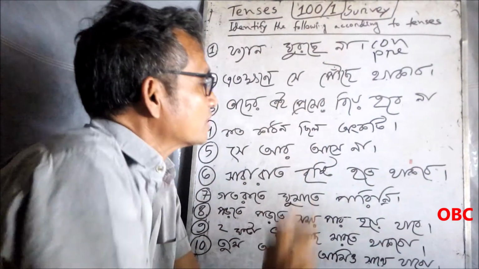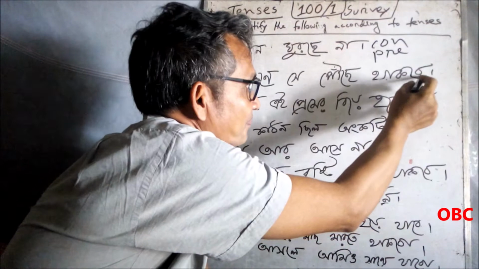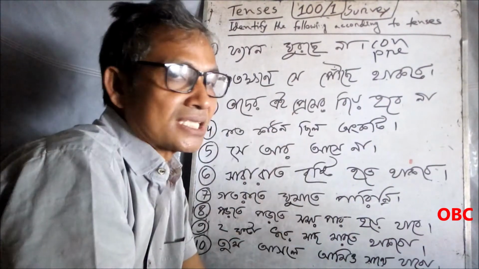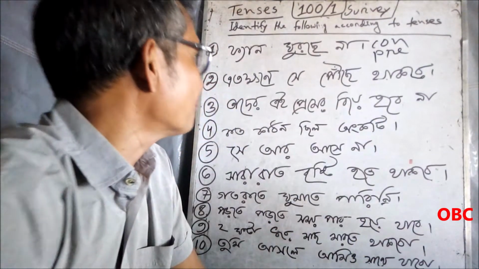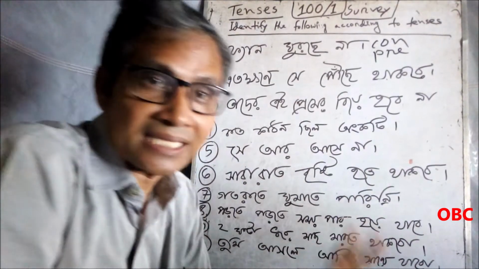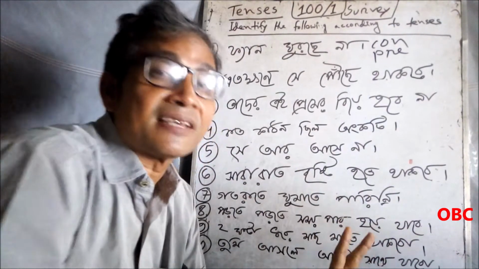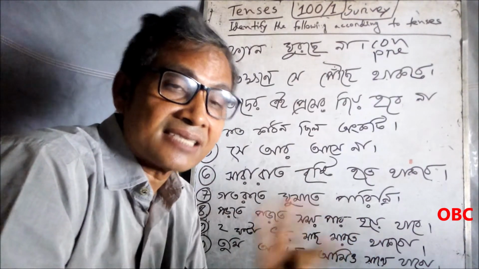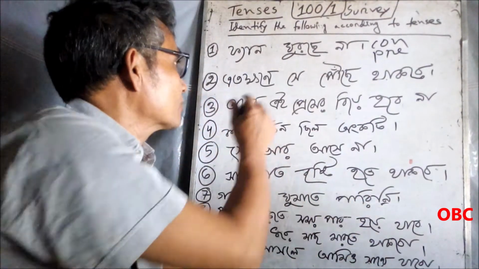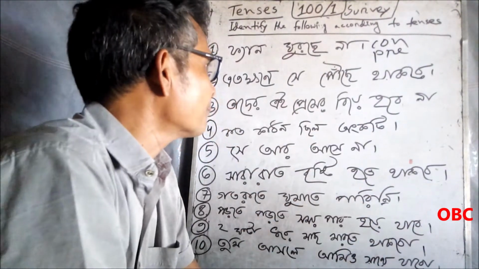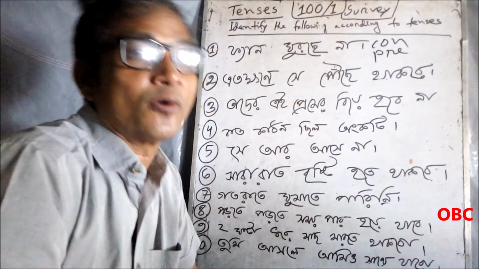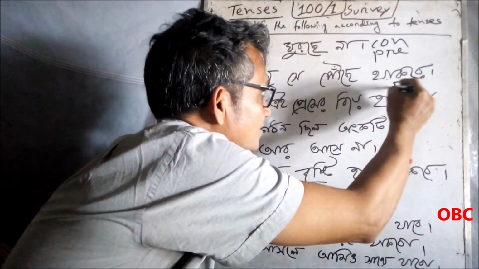And the second, "এতক্ষণে সে পৌঁছে থাকবে". This is also in what? What do you think? Is it in continuous tense? No, it's not continuous tense. It's other than the 6 continuous tenses. There are 12 tenses, and 6 of them are continuous tenses and 6 others are non-continuous tenses. So this is not continuous tense. So find out next whether it is in future, past or present tense. This is in future tense.